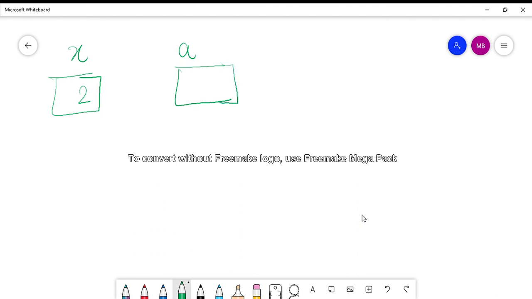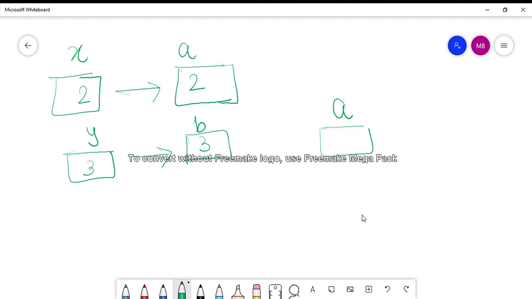So if x equals to 2, that value is passed down to a. If y equals to 3, that value is passed on to b, right? Now after swapping, a and b in function swap are swapped like this.